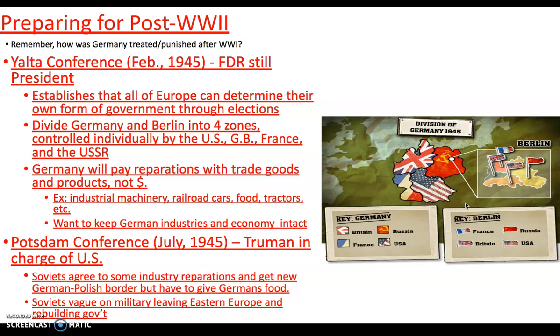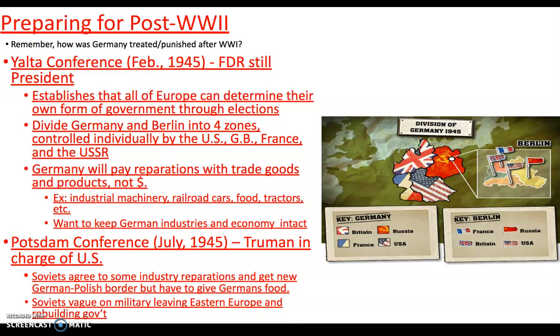In Poland in particular, they've been supporting the Communist Party and essentially have a rigged election to put the Communist Party in charge. This goes against the idea that we're going to let the Europeans form their own governments through elections. They voted, but again, they are not allowing free elections in these countries. So what we begin to see is a bunch of Soviet puppet states that are communist popping up throughout Eastern and Central Europe, which the United States does not like, as there is a mistrust between them.